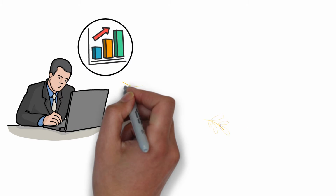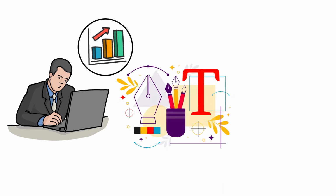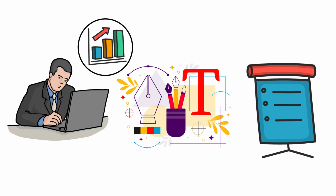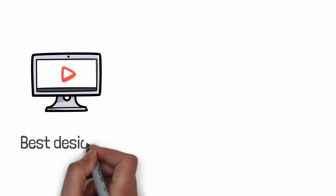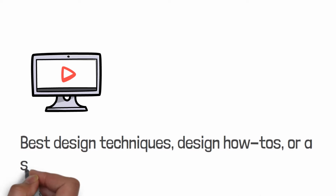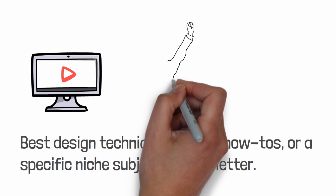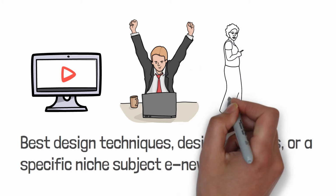For instance, if you do work with graphic design and wish to draw in people who really need help in that area, then you should concentrate on making content appropriate for them. That could consist of YouTube videos about the very best design techniques, design how-tos, or a specific niche subject e-newsletter. This will set you up as an expert on the topic while at the same time drawing in potential customers